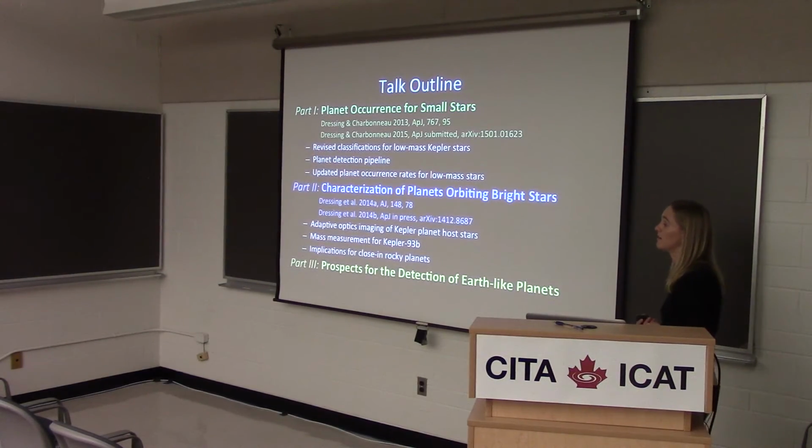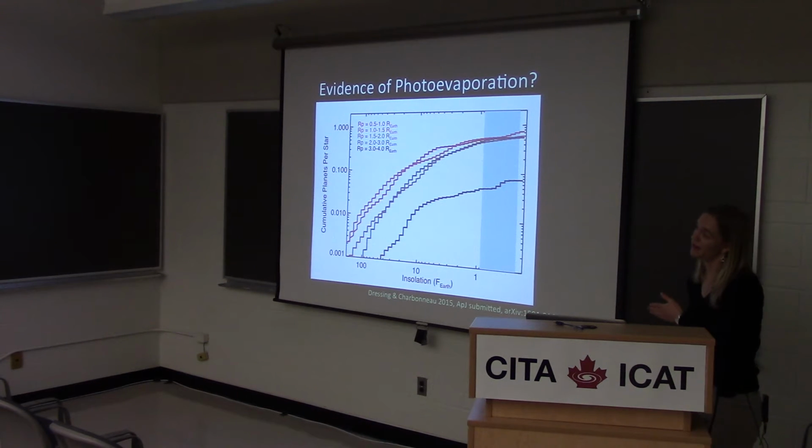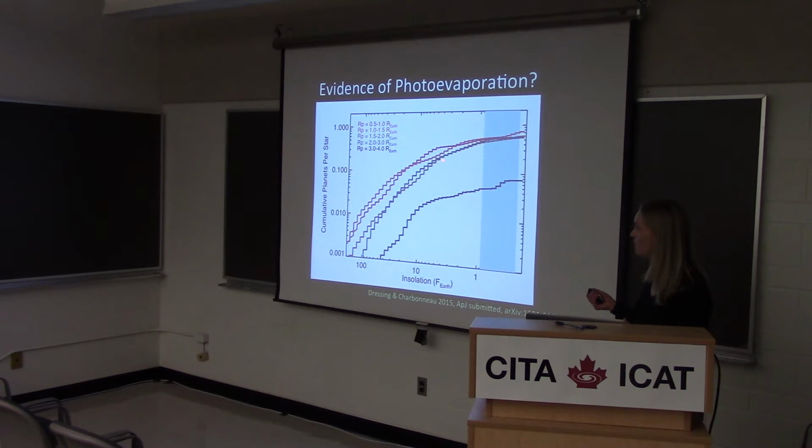Yes? In your previous figure, why are those lines crossing? Right here? Yeah, for example, the first two are crossing at about 10, or the other ones are crossing? Right, so in theory, it could be that once you get that far away, you're less likely to be photoevaporated. And if they form at the same rate, and then some of them migrate in and lose the atmosphere, maybe that's a sign that you're actually decreasing abundance. The data says that that's accumulated. So for some reason, it's a little bit easier to detect,